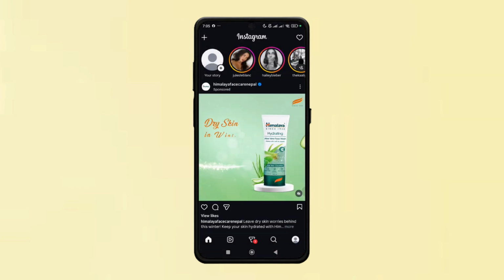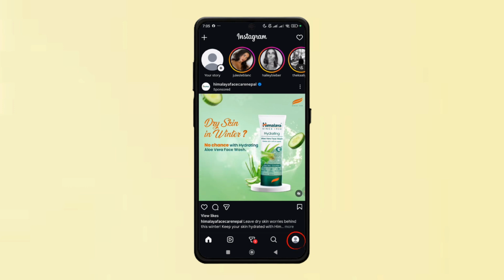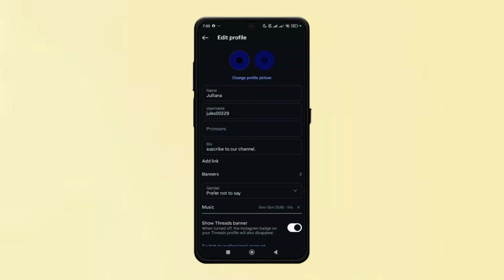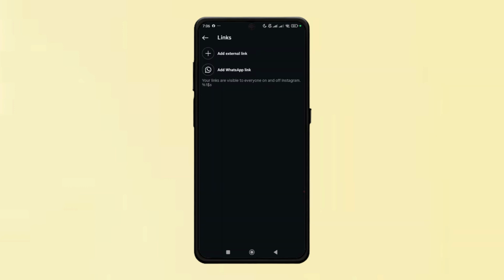and open your profile by tapping the profile icon at the bottom right. Once you are inside, tap on Edit Profile. Then select Add Link option. At this point, choose Add External Link